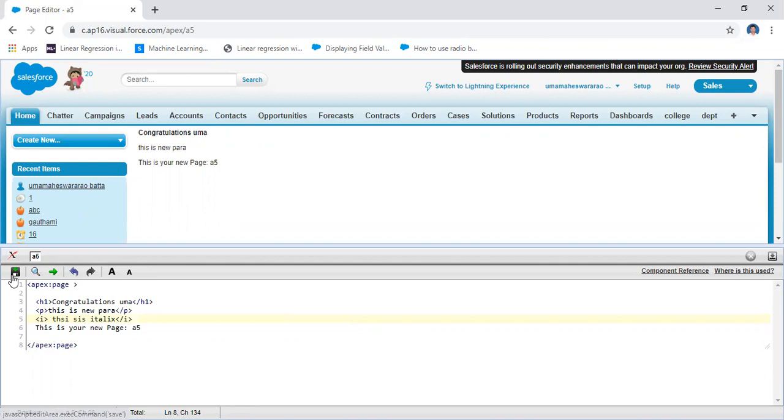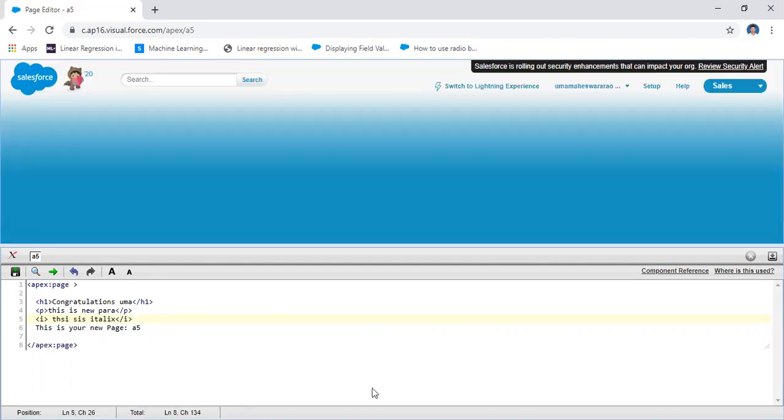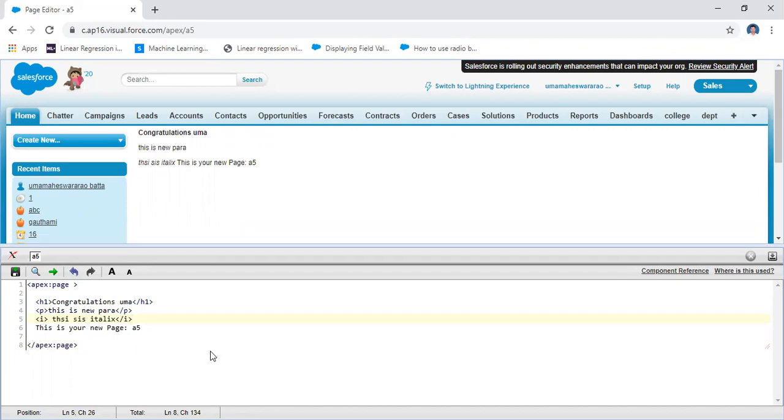All HTML tags you may apply in a Visualforce page. You may also apply the BR tag for the next line. Click here and it will go to the next line. It will display the output in this way. In this way you apply the different tags.